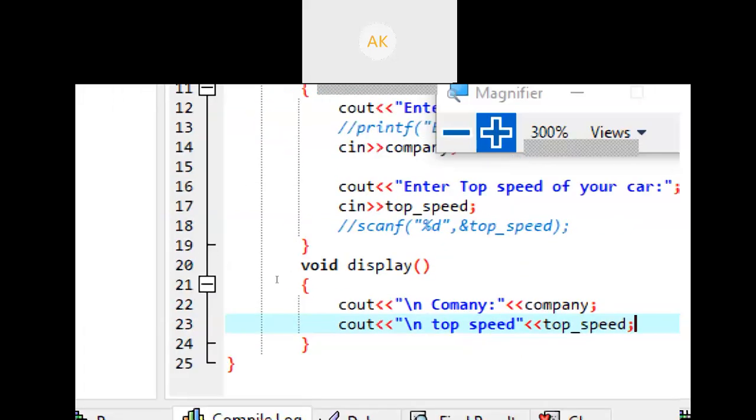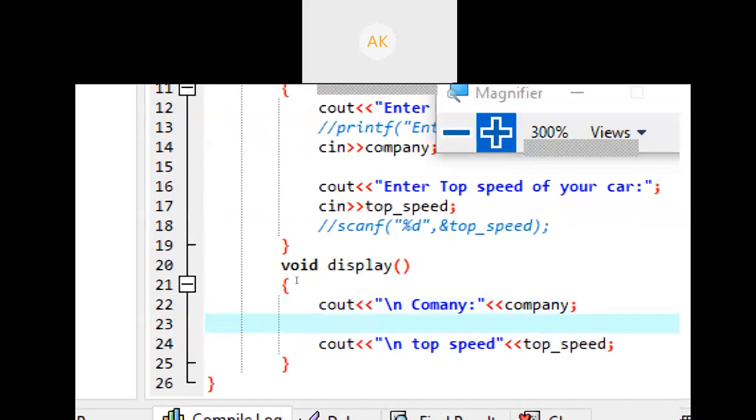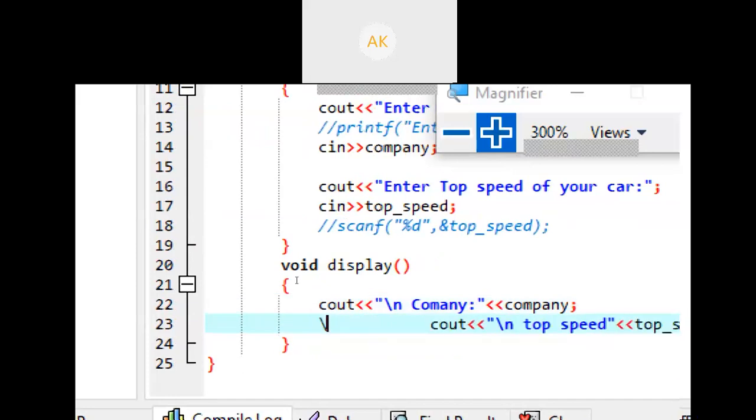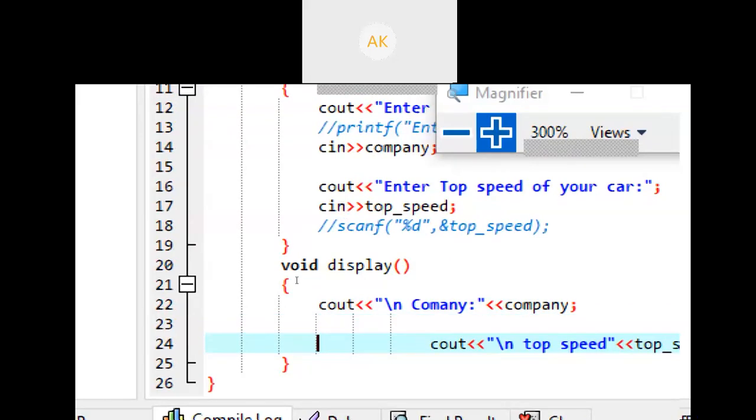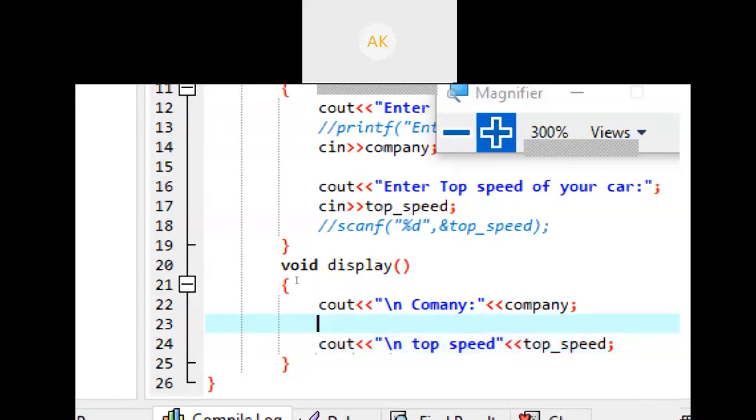So this message is also the same as printf. In C we write printf, message, backslash n means new line, company, then we write company. The meaning of this line and the above line is the same.